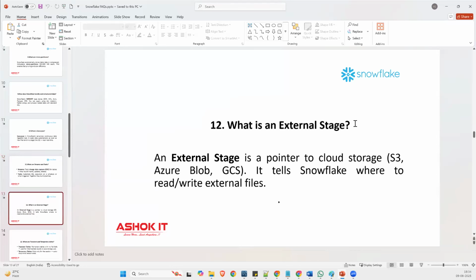And in external storage, without even landing your data into a Snowflake table, if someone would like to access the data in S3, I don't even need to log into an AWS account. I will just create an external table or external stage and I can get the data in my Snowflake. I can access the data.